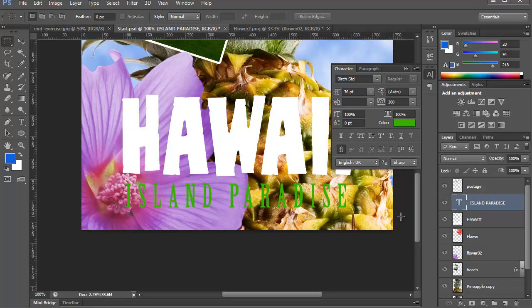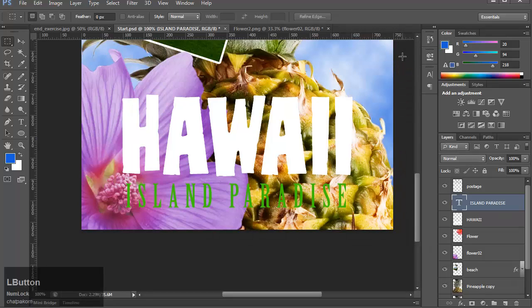Yeah. But the next thing I have is, oh, I will do that. They got the text of font in there, but it's pretty hard to read. So they can do many things with that. And one of them is to use the kind of layer effect in there. So what I want to start with the Hawaii first. Okay. What I can do is I can do by right click here